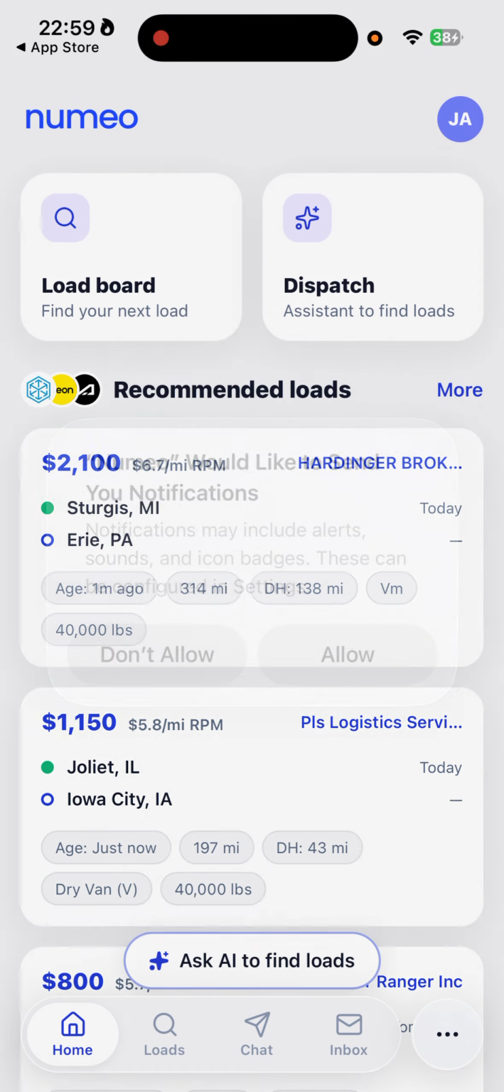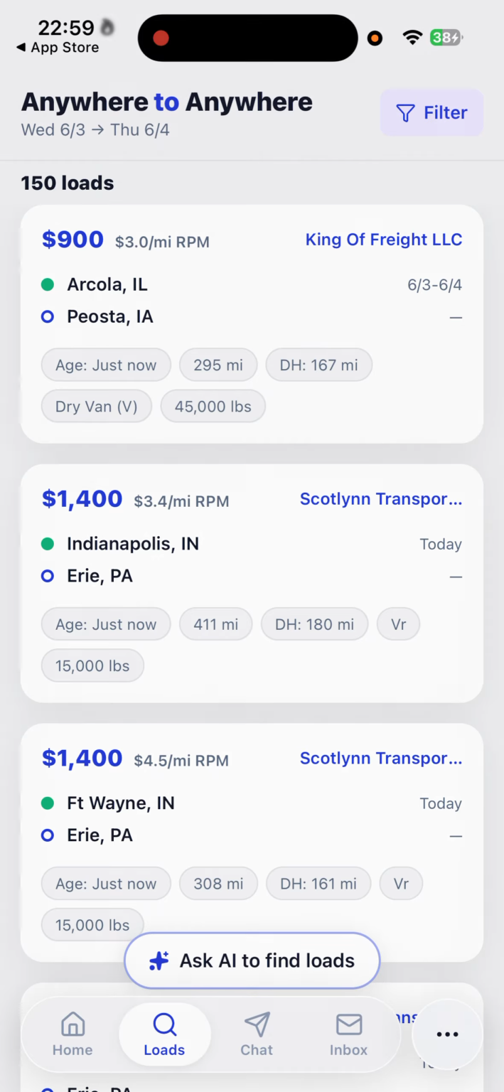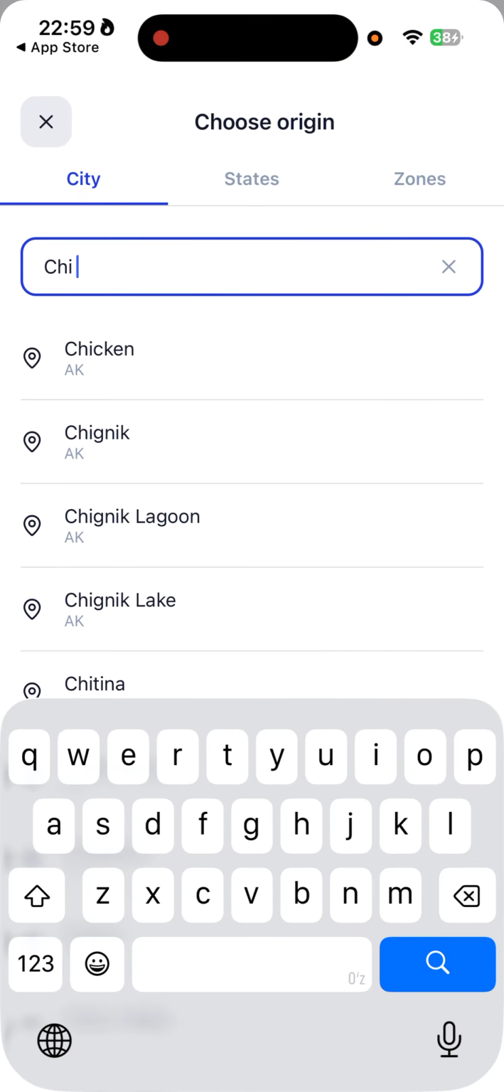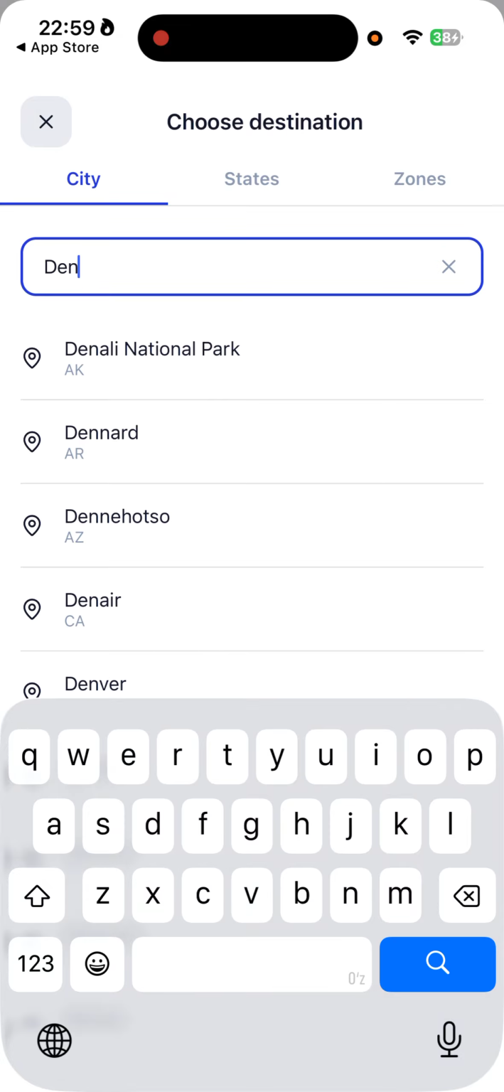Now we're in. Allow notifications. Now let me try to find a load. So we go into load board. We enter filters. For instance, I'm looking for Chicago to Denver